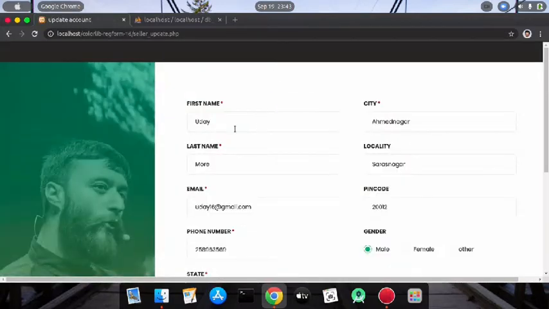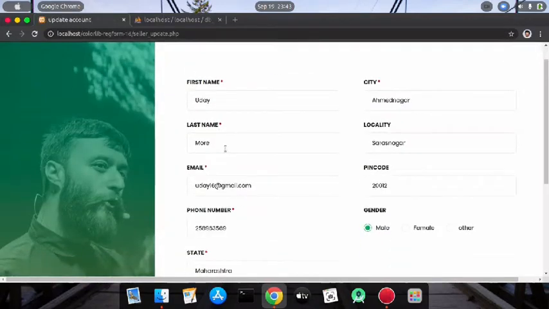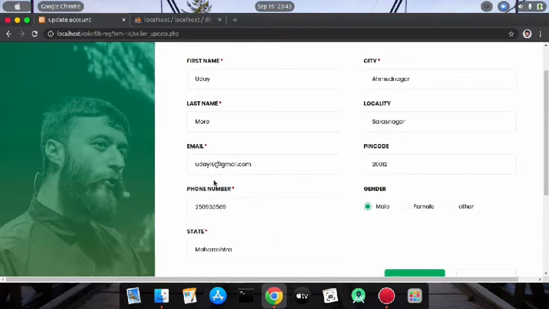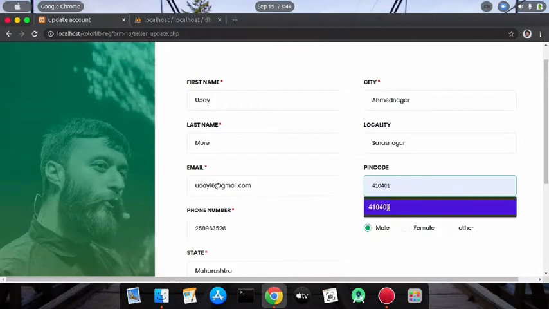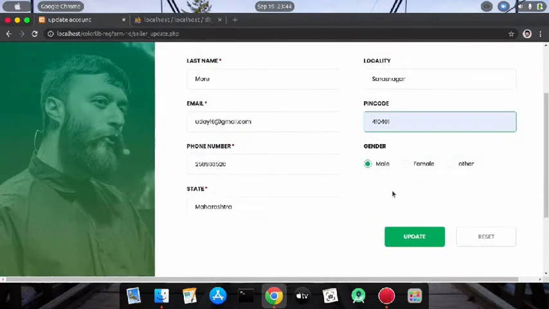You will see here all the information related to your profile is provided. You can update your account from here. So let's update the mobile number and the pin code of the seller.